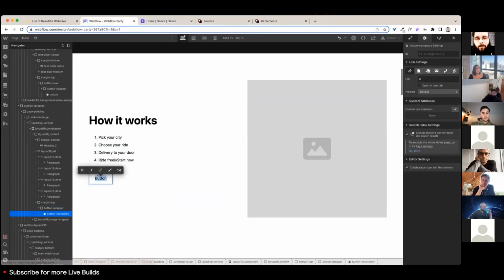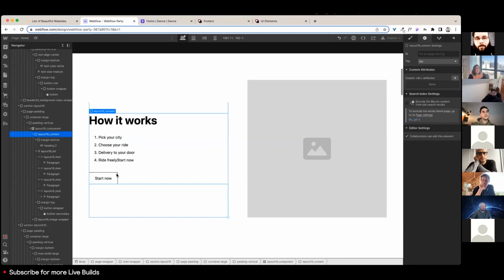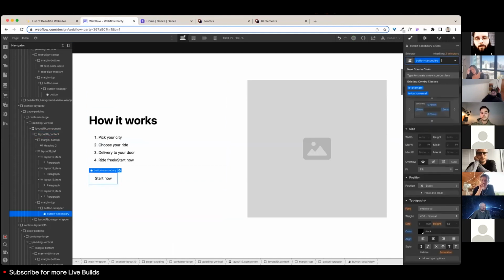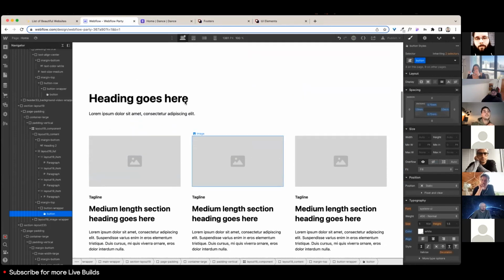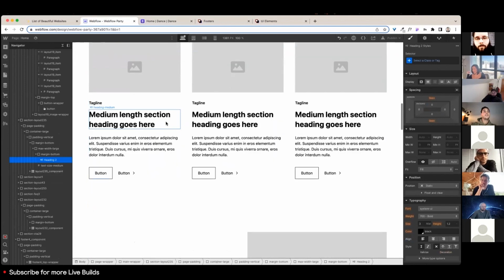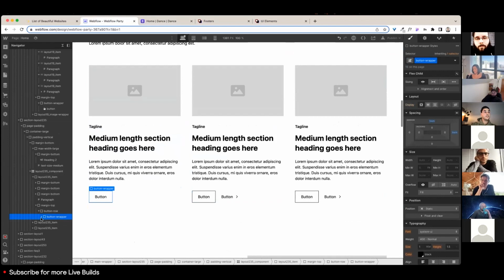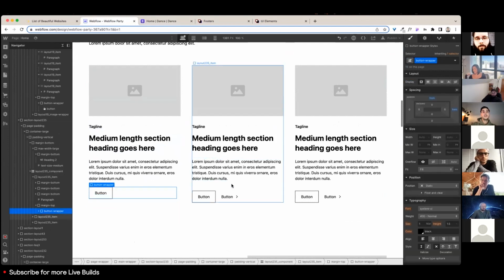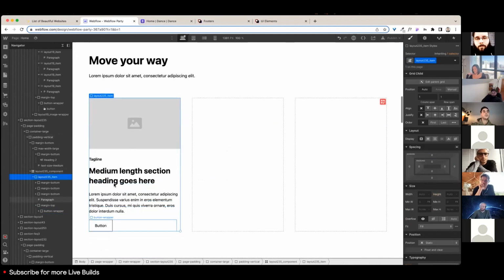So that was a start now. I think that was like a main button, so I'm actually just going to flip that to a button class. All right, sweet. So that said, move your way. Okay, so for this one, I'm just going to remove this button. Sweet. I'm just going to delete these items and I'm just going to reuse these items once I make some